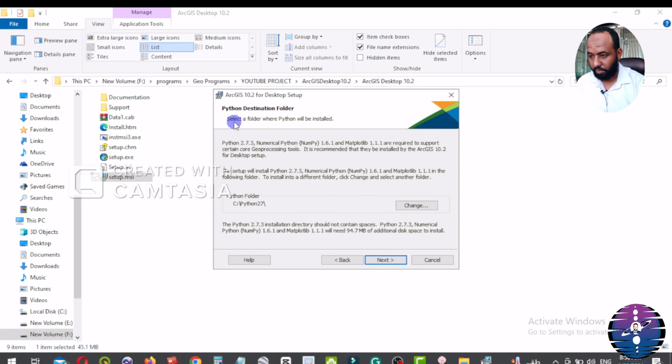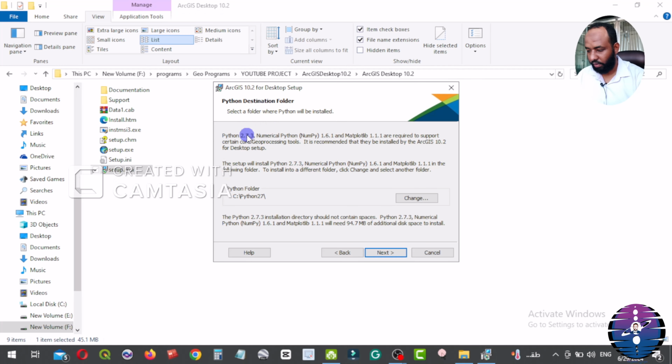And then this window appears. It's about programming language. As we can see, Python destination folder. From this window we specify the place to save the programming language in a suitable place on the device. And this program uses Python language.